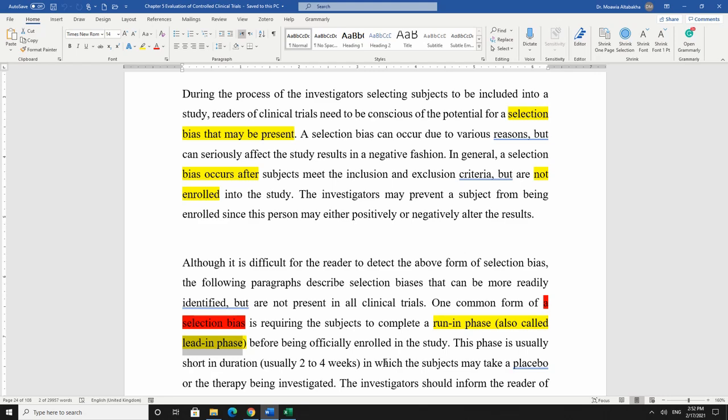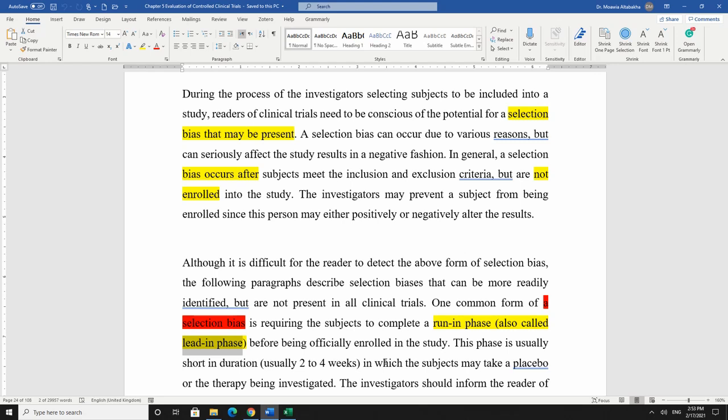Now what happens? After that, you started your clinical trial and everything looks good. No, now there is a problem, because in this case, you are ignoring the safety issues and you removed some people that, if they were present and continued with the trial, may have negatively affected the results. But what you did is you removed them, and when you remove them, the results became better